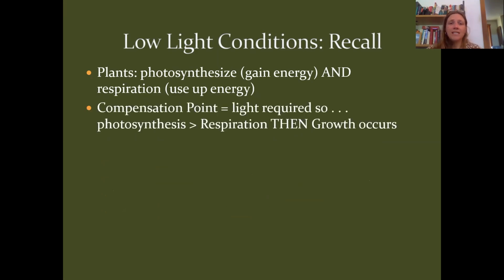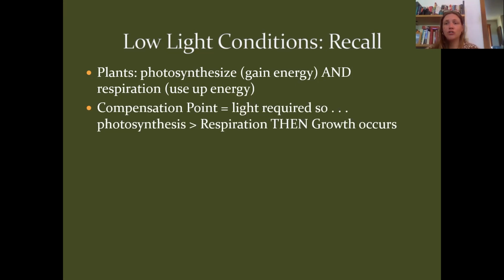And then we introduced this idea of compensation point, and we said the compensation point is the point where there's adequate light so that the plant can photosynthesize at least at the same level that it is able to respire. And when it's perfectly at its compensation point, there's no plant growth. And then if the plant is able to photosynthesize in excess of the rate at which it's respiring, so it's able to build energy faster than it's using energy up, it's only at that point that a plant is able to grow. And we said this is not equal for all plants.